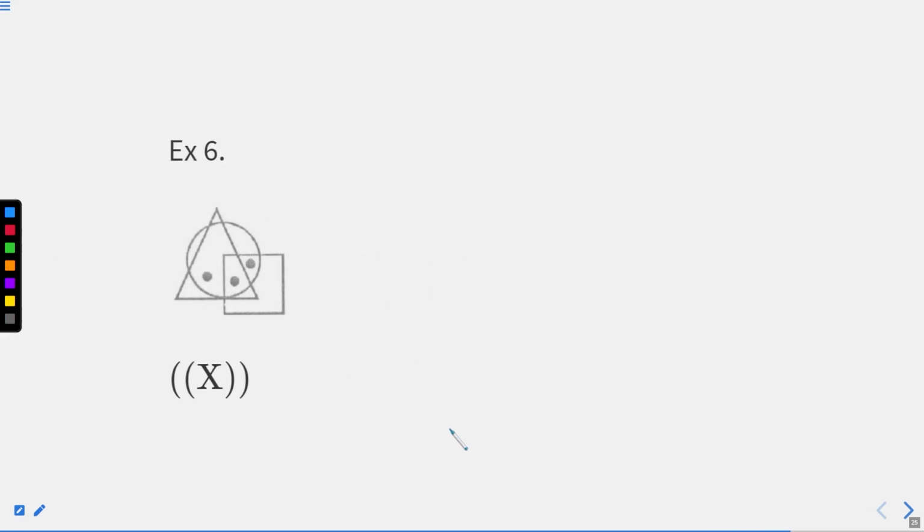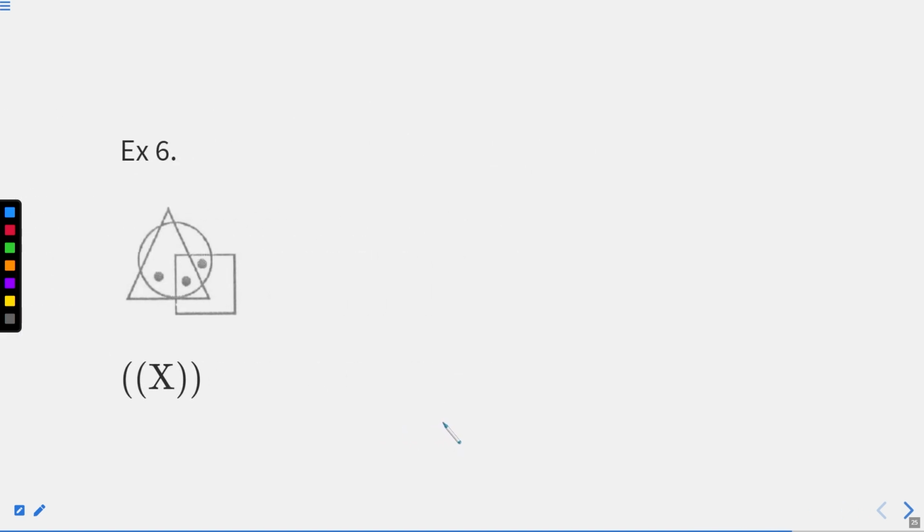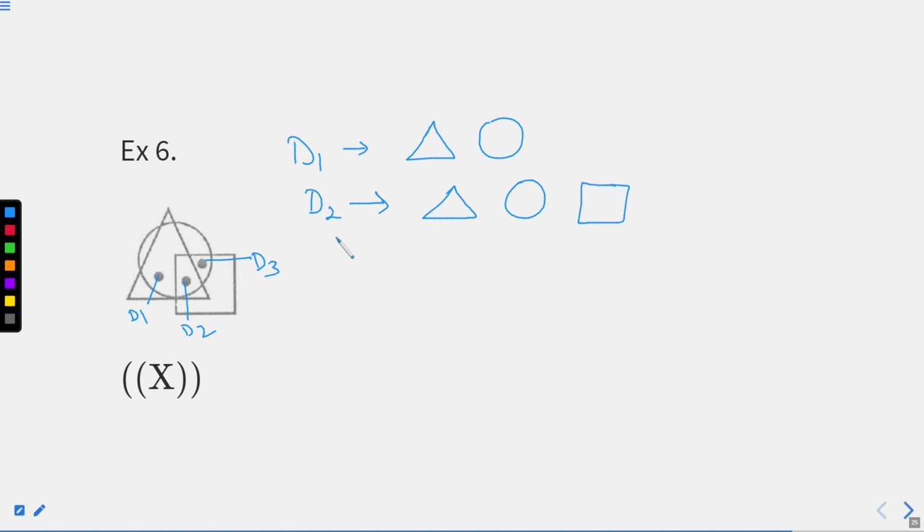So students, I'm covering the last question for this chapter, explaining again about the condition of 3 dots. Here, mark it as D1, mark it as D2 and mark it as D3. For D1, how many figures are there? A triangle and a circle. Understand? For D2, that is dot number 2, how many figures are there? All 3 figures are there: triangle, circle and a square. Understood? For dot number 3, what is there? A circle and a square. I hope you didn't find a problem in making this part of the question, right?